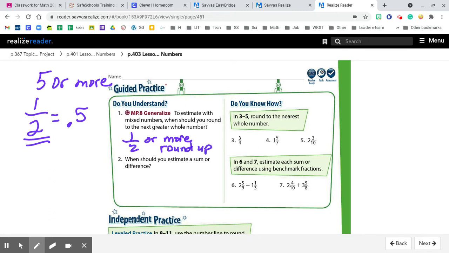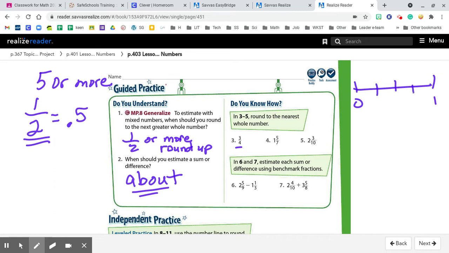If it's less than 1/2, you're going to round down. When should you estimate a sum or difference? When you see the word about in your word problem, or when you infer that an exact number is not needed. So round to the nearest whole number. 3/4. And remember, if you're using the number line model,